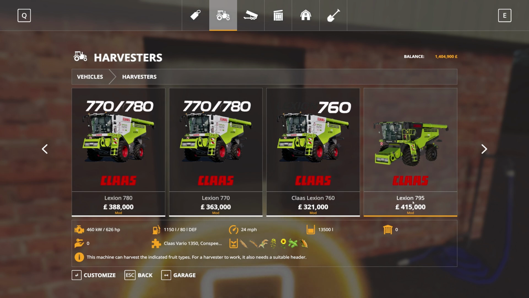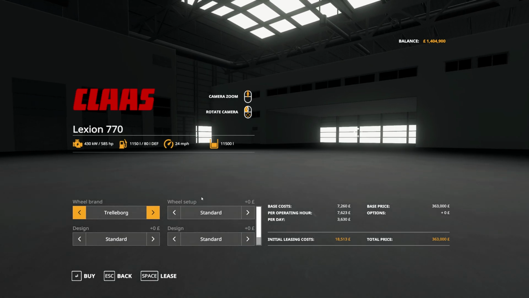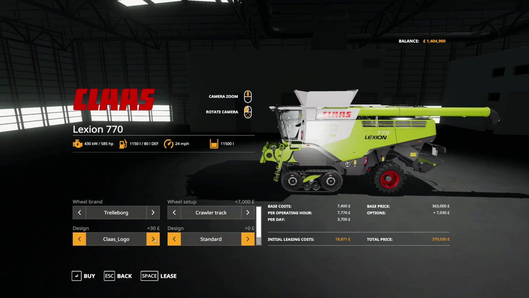Or we can go with the Lexion 795. And that's probably a bit too big for what we want. So I think I'm actually going to go with the in-between one. I'll go with the 770. And we're going to go with the crawler tracks because they're cool. And we're going to do the...